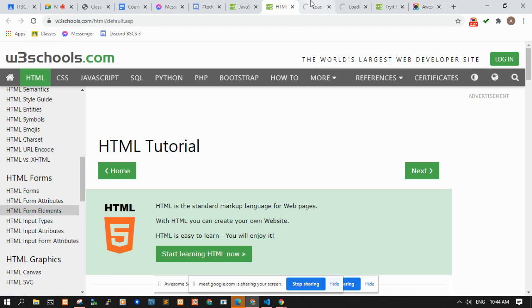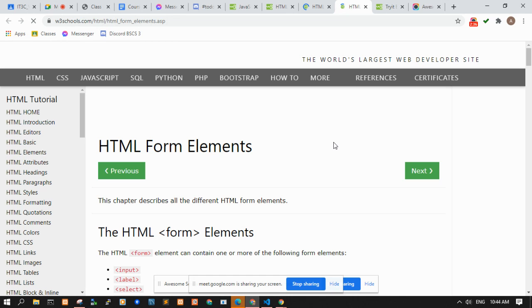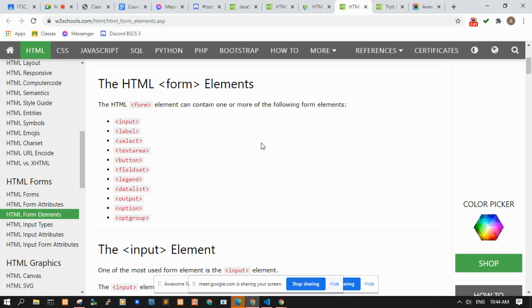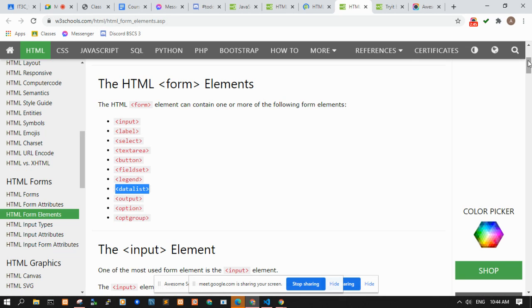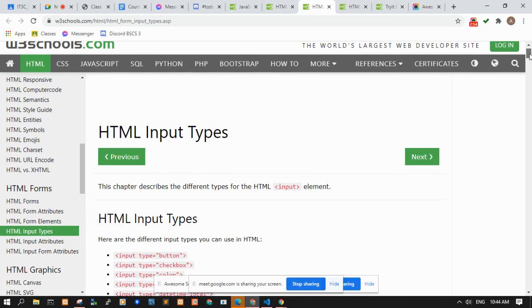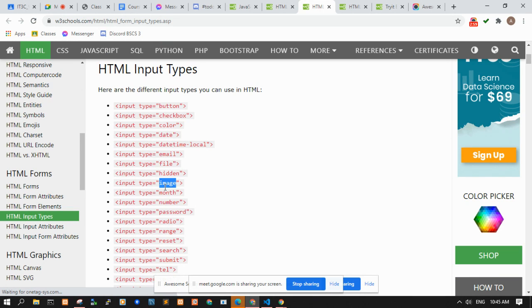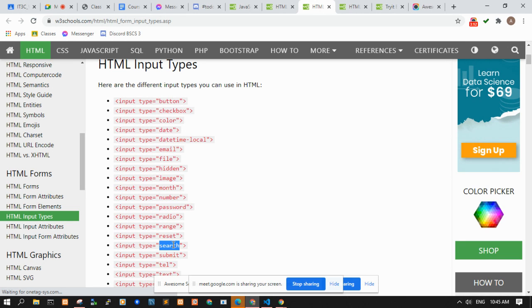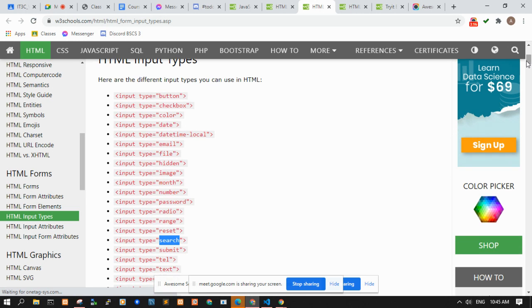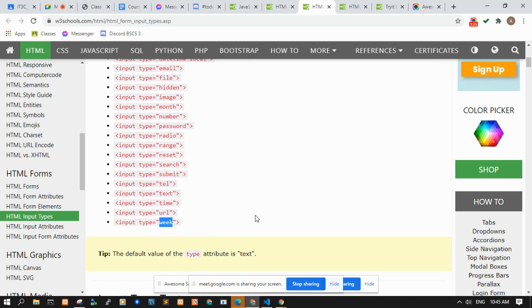I just want to highlight that with HTML5, you already have the new input types and new form elements like your datalist. And for the input types, you already have input type color, date, datetime-local, image, email, month, number, range, search, reset, telephone number, time, URL, and week.